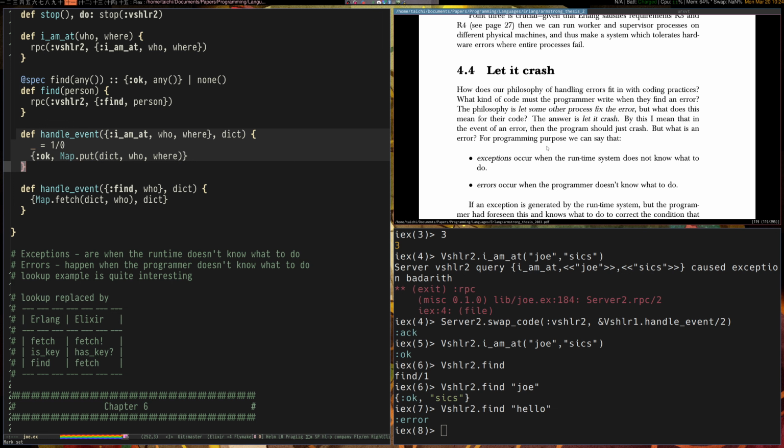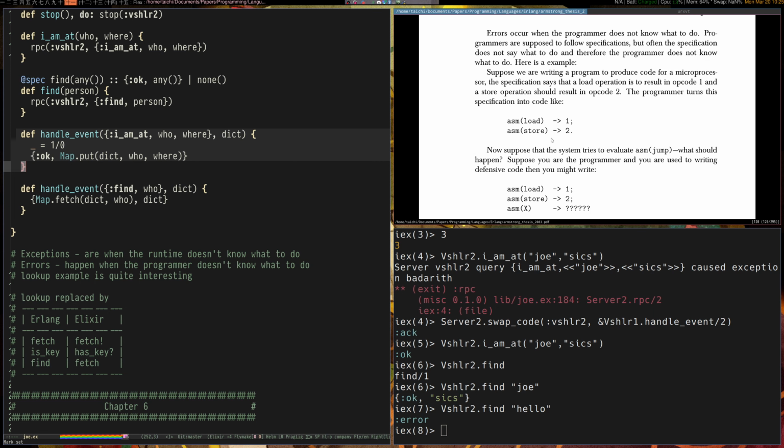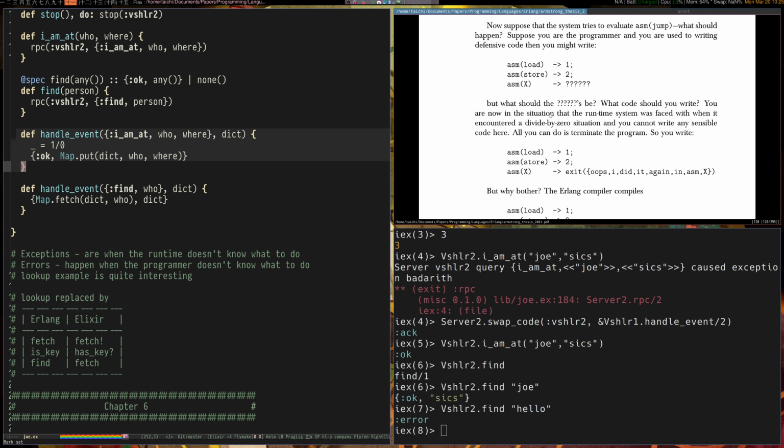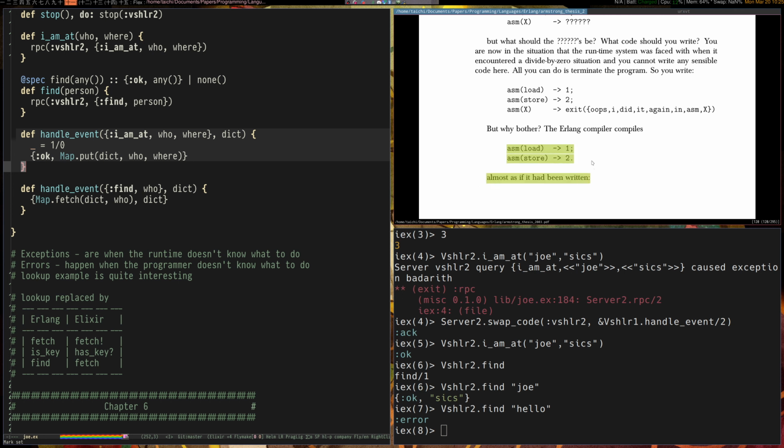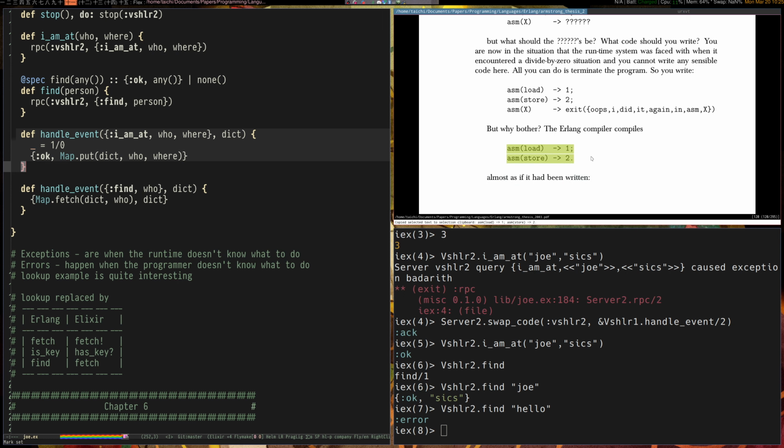However, if the file is guaranteed by the spec to be there, and it's suddenly not, then that becomes a real error to your system. So he classifies errors as things programmers don't know how to do, versus exceptions as things the system doesn't know how to do. And he relates this to specs, right? He gives an interesting example: if you have an assembly operation and the spec only tells you what to do for load and store, the Erlang answer is to just do the load and store and have the system generate the error for you if a user tries to do some weird exception by saying, "Oops, I did it again,"